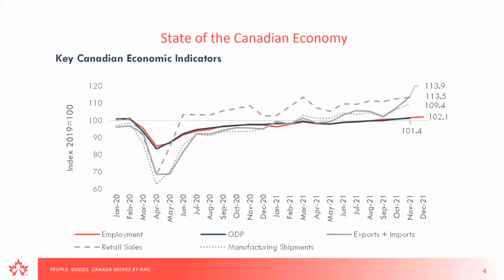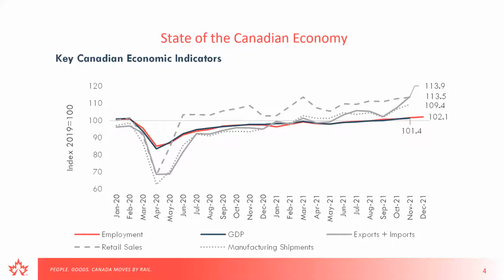So looking first at employment, it was really close to 2019 levels for about a year, and then just recently in August 2021, it surpassed 2019 levels, and it closed off the year in December at 2.1% above 2019 levels. GDP recovered by September, and it had small gains over October and November as well. As of November, there's a bit of a lag in the data there, but the November GDP was sitting 1.4% above pre-pandemic levels, 2019.